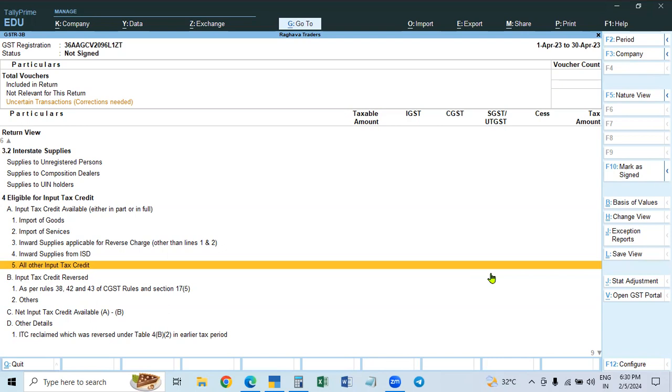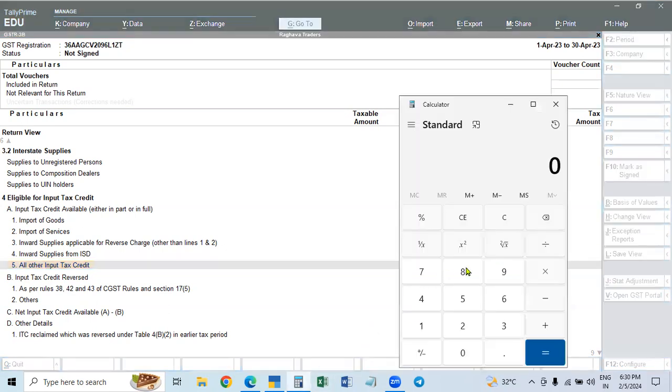So for the commercial and residential ITC, the carpet area of the residential house is 8,000. The common ITC to be excluded is the part relating to the residential carpet area. See, for example, the total is 10,000. So the ITC is 1 lakh into 8,000, the area to be excluded,